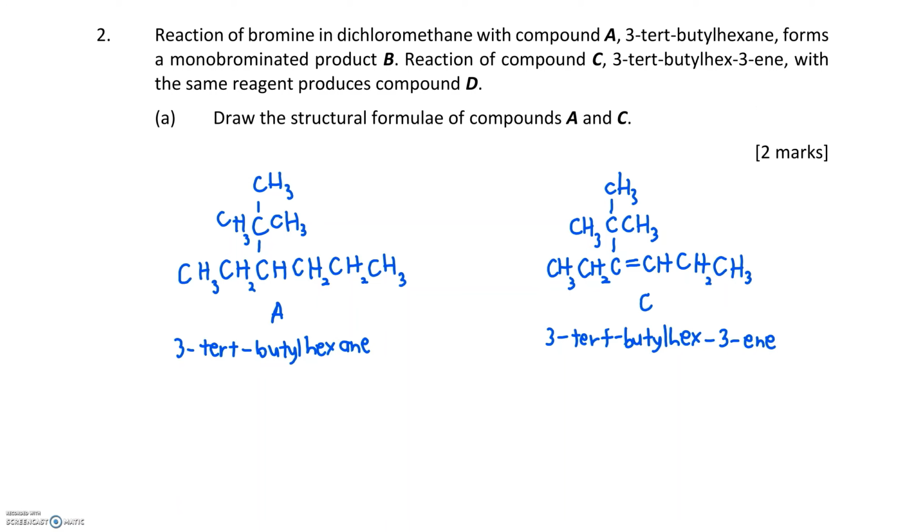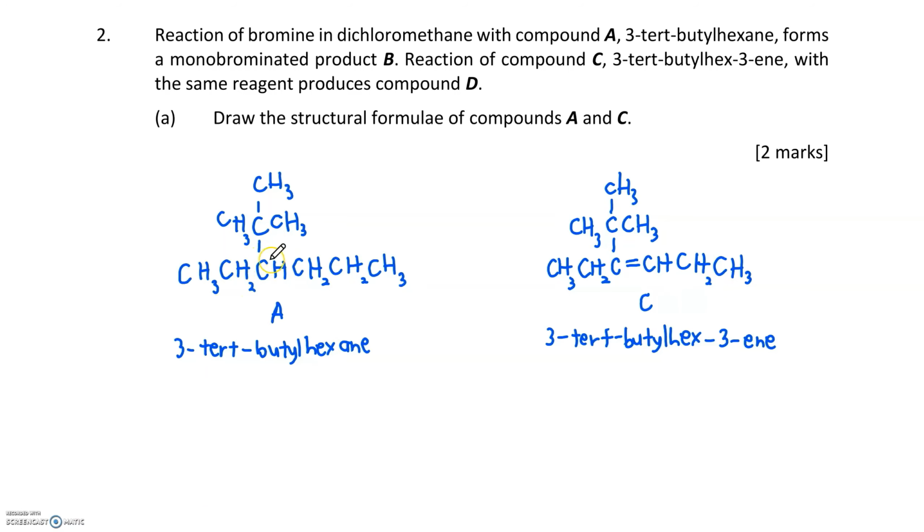A compound exhibits chirality if it contains at least one chiral carbon, which is a carbon atom that is bonded to 4 different atoms or groups of atoms. So if we start with structure A, this carbon is bonded to 3 hydrogens, so this carbon is not a chiral carbon, also not a chiral carbon. So this carbon is bonded to